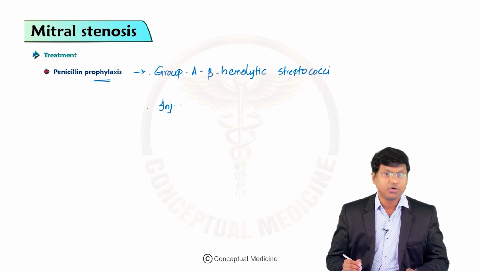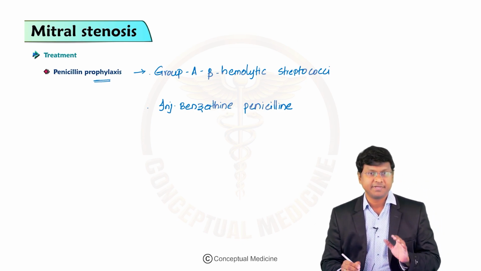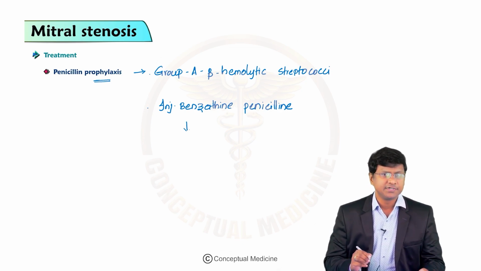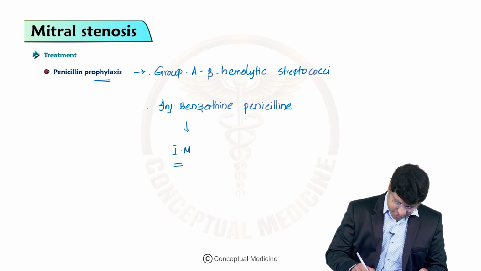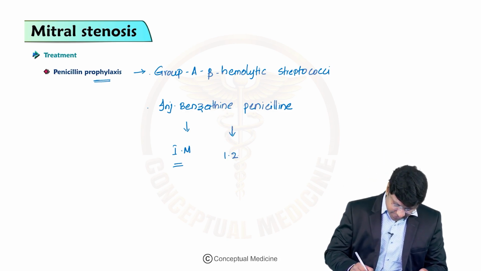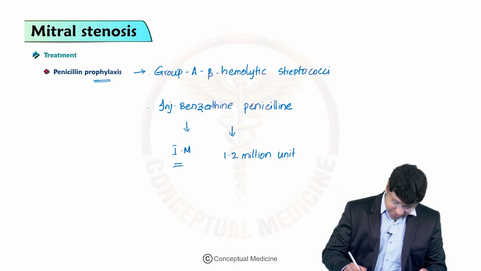And what is that penicillin we give in these individuals? We give injection benzathine penicillin. Okay, that is for secondary prevention of rheumatic fever. Now this benzathine penicillin has to be given deep IM. And what should be the dosage of this benzathine penicillin? It should be 1.2 million units,